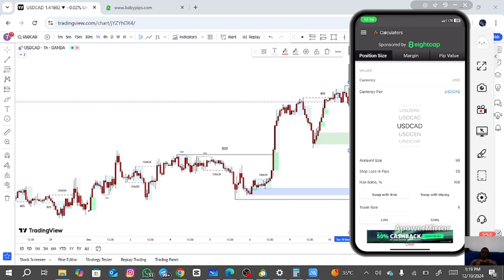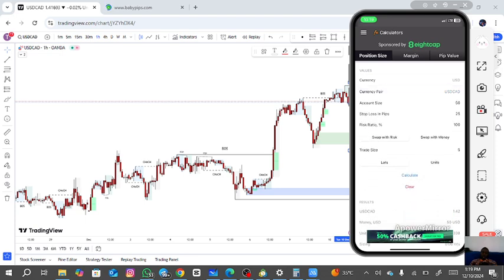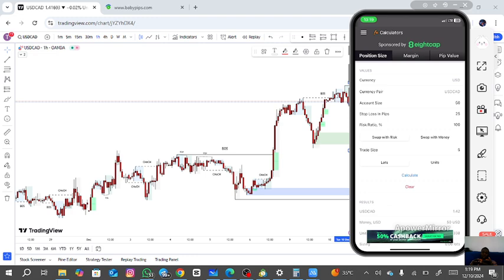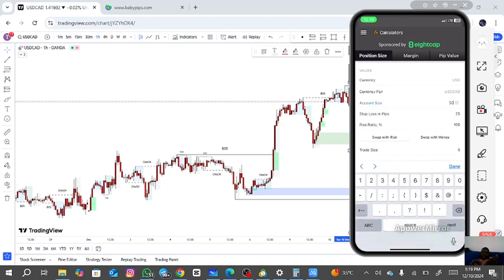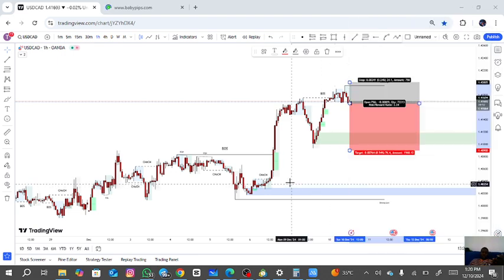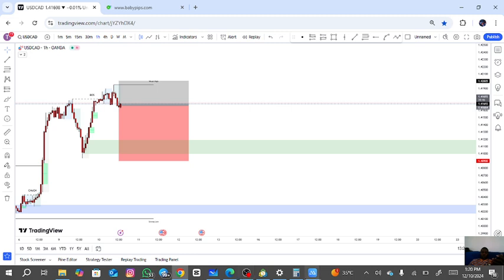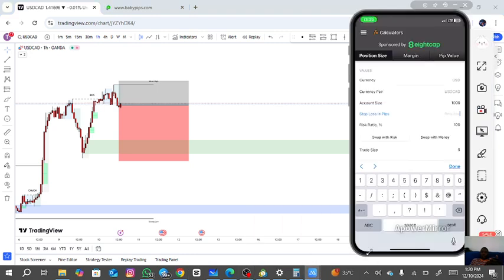After selecting the pair, the currency you're using in your account is USD, right? You select your USD right there. Now the account size, which I said is $1,000, right? Now you put in $1,000. Once you put in $1,000, your stop loss in pips, which is this one, 34 pips, right? So you put in 34 pips. Then the risk, what you're willing to risk, which is